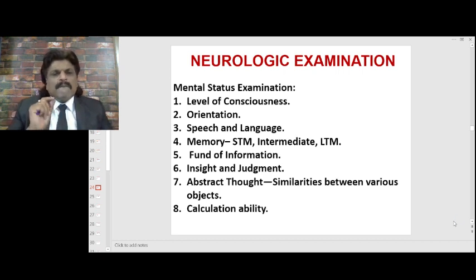For example, they can't say pa, because pa needs the use of lips. If the 12th nerve is affected, they cannot use the tongue. So the lingual component gets affected. They cannot pronounce ta, which needs the usage of the tongue. If the 10th nerve gets affected, the palate gets affected, the palatal component gets affected. They can't say ka, which needs the usage of the palate. So by looking at the usage of lips, tongue and palate and the speech, the dysarthria, we can make out whether it is the 10th, 7th or 12th nerve